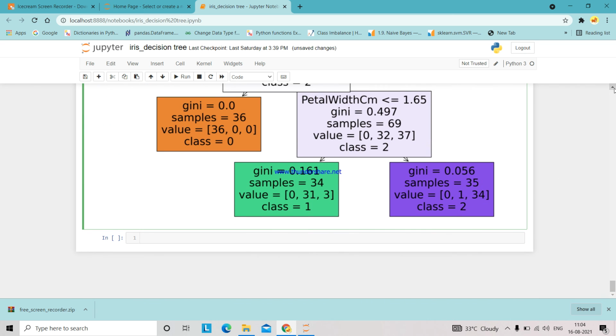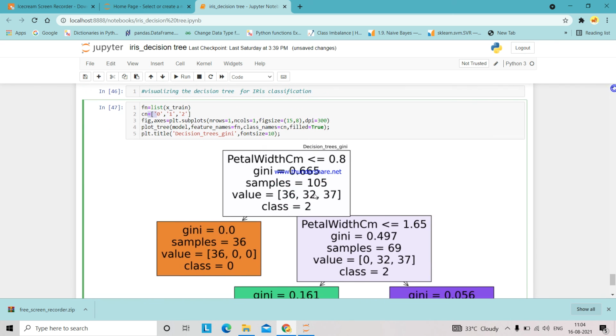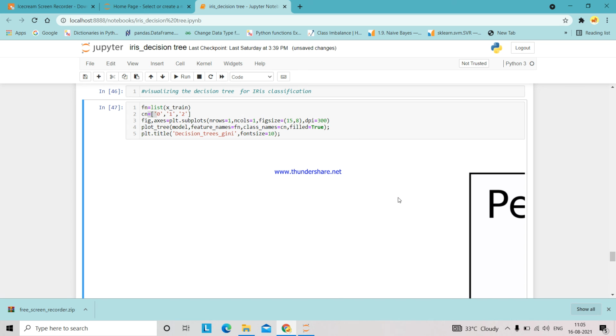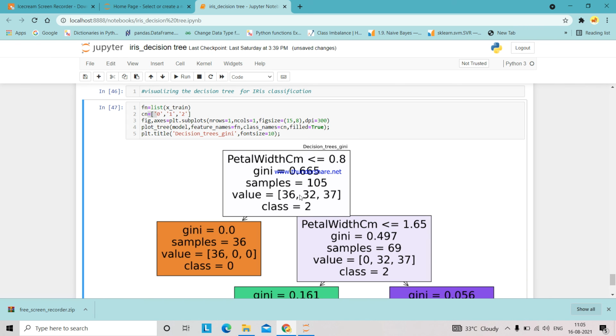Here I can explain the decision tree flowchart. First of all, if the petal width is less than or equal to 0.8, we can consider this as class 2. That means it is versicolor. Here the Gini index is 0.665 and samples are 105. Values are 36, 32, 37.